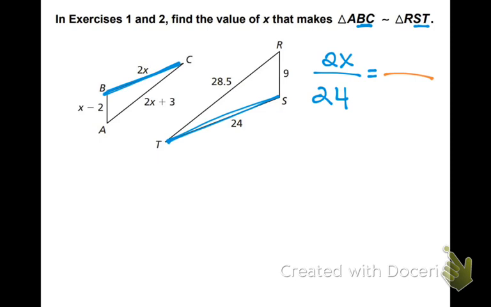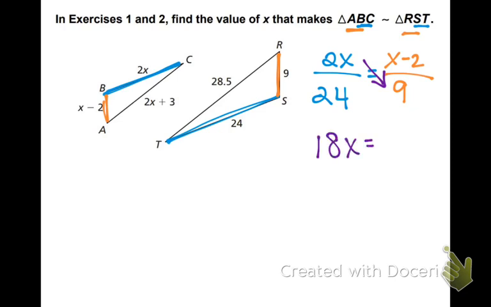Pick the next easiest x. X minus 2, which is AB. What does x minus 2 correspond with in the other triangle? Yeah, that's 9. So we're solving for x. We're going to cross multiply like normal. So 2x times 9 is